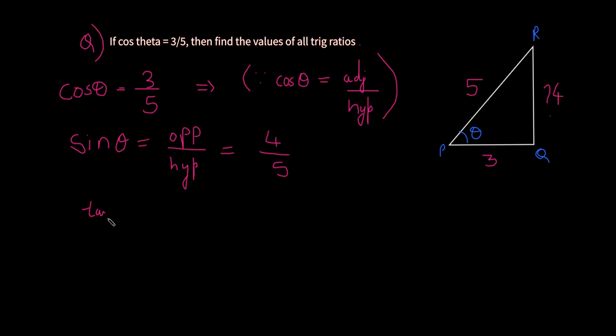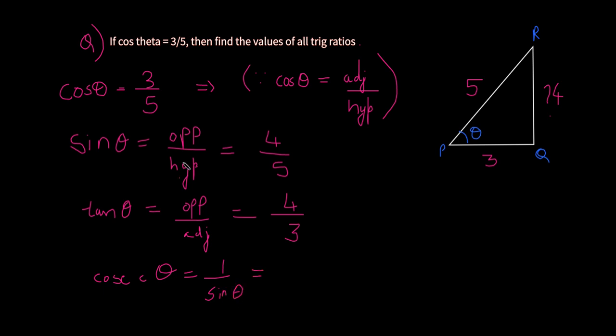and tan theta is opposite over adjacent, that is 4 upon 3, and cosec theta is the inverse of sine theta, so 5 upon 4, and sec theta is the inverse of cos theta, again inverse, so 3 by 4,